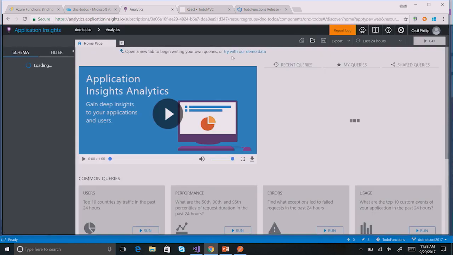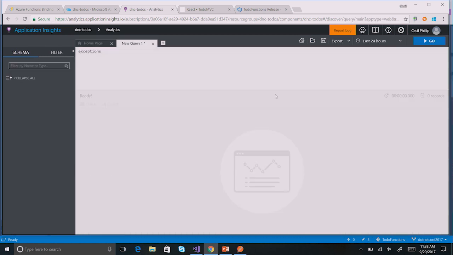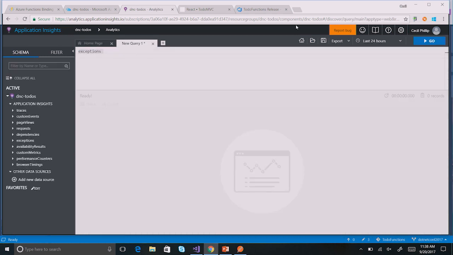So what this is going to give us is a really powerful query language to get really deep into what's happening inside of our function. So for instance, I have some queries that I already created. So if I click on this one, notice that I'm just specifying, I want you to give me back all of the exceptions that happened inside of my function. So when I hit go,